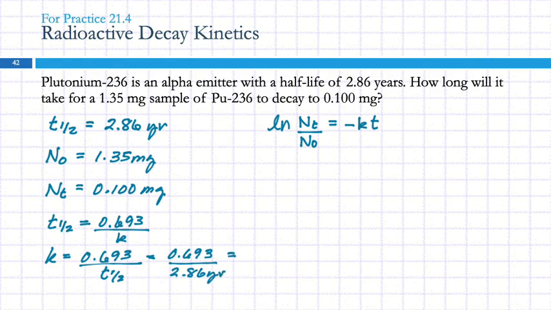Is going to give me a rate constant of 0.242. And what would the unit be? Per year, year to the minus 1, because this is no unit divided by year. We were always using seconds before, and we could do it in seconds here, but we can also just express the amount of time in years. It's not asking for any particular time unit, right? So this is our rate constant.